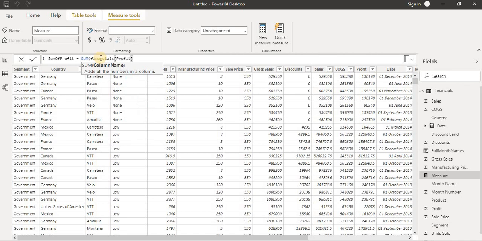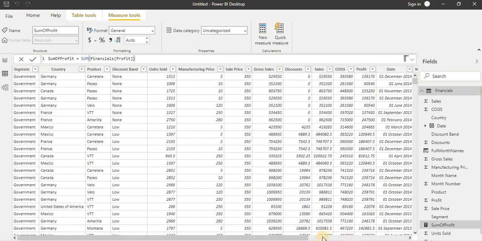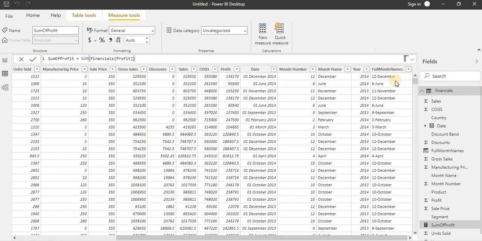Once I hit enter and right click, we can see this column sum of profit doesn't exist here as a regular column, but it exists in the data source. Here it is showing a calculator symbol, and for the full month name it is not showing the calculator. So that is the difference.